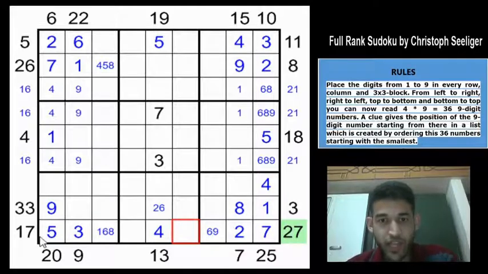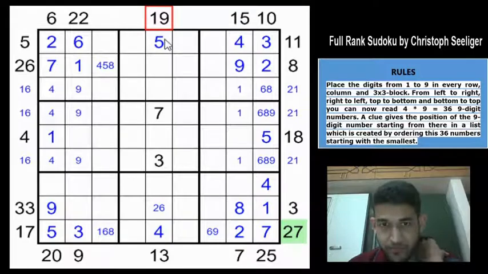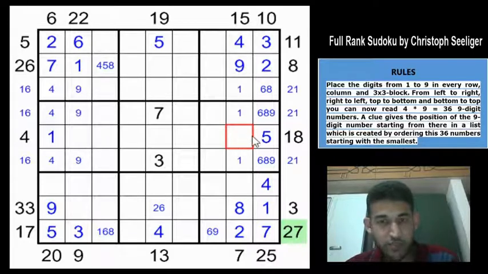Okay. We have 17 clue, 18 clue and 19 clue, right? Let us try to make use of them. So 17 is 5 or 3, which means that 18 must be minimum 3 here. So it must be 3 or greater. So this 3 cells, this cell can't be 2, 4, 8 and 9 or 1 or 5. So this can only be 3, 6 or a 7, right? This can only be 3, 6 or 7.